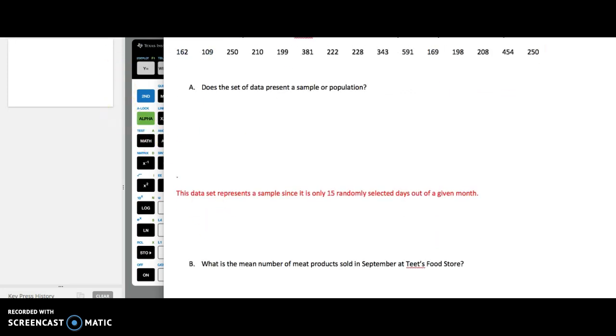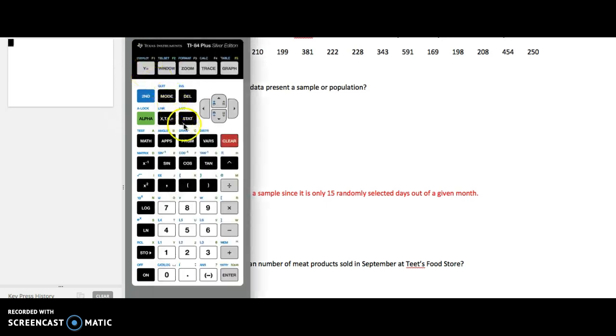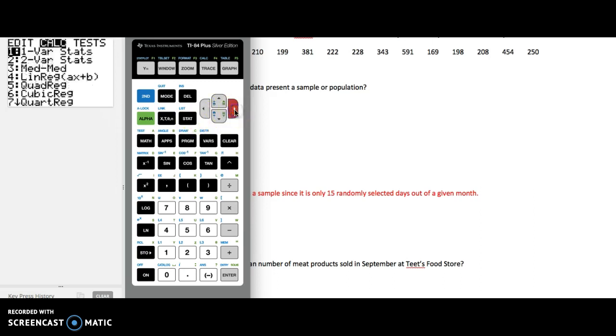And so I'm going to go straight to the TI-84 Plus calculator. For time's sake, I already have the data values pre-populated into my calculator, but you have to enter them into a list. So press the Stat button. Press Enter to open the Edit menu. And here, I have all 15 values listed in my calculator. So to calculate measures of center and measures of variation, press the Stat button, go over and select the right arrow key to highlight Calculate, press Enter,